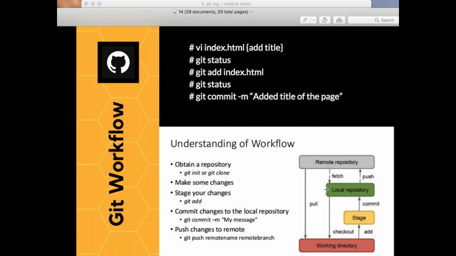So we made some changes, and we added them. Git status is very important, which gives you the current status of your project. Once you do that, you add that particular file to the staging area. Then you check the status and you commit the changes. Did you understand the difference between staging, working, and your local repository? Completely three trees, right? If you have any doubts, maybe after the class you can clear them, because you did not attend the first class, it may cause some more confusion.